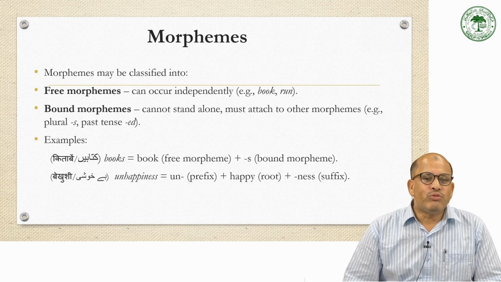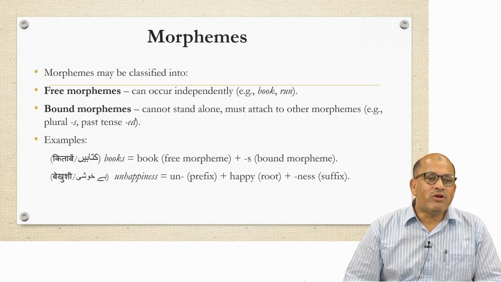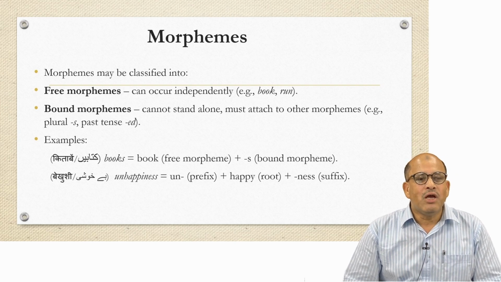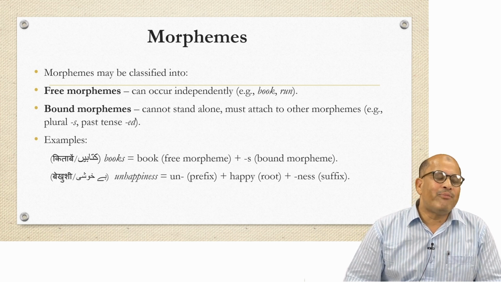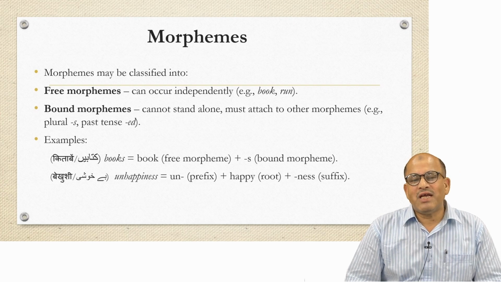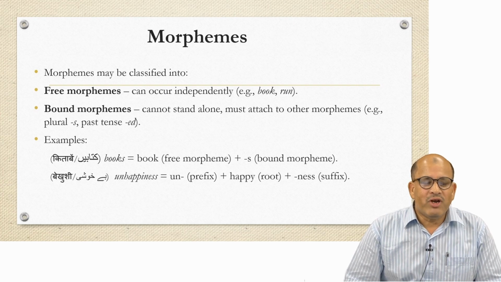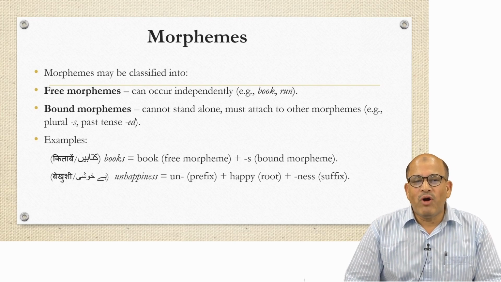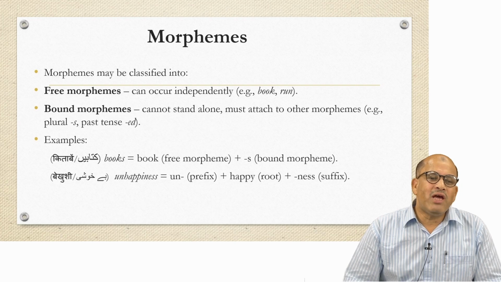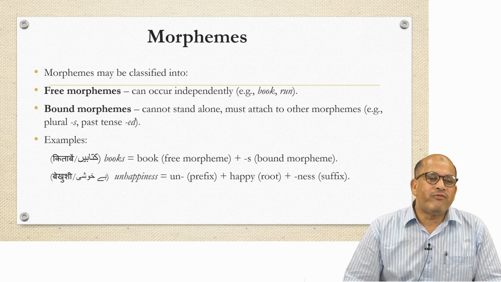So learners, you may be clear by now: free morphemes are those which can occur freely. They do not need any help for their use or occurrence, whereas a bound morpheme, as the term bound suggests, is bound to appear with the help of some other morpheme. It cannot stand alone and must attach to another morpheme to convey meaning. For example, in English we have books. Book is a free morpheme, whereas s is a bound morpheme. Book can be used anywhere without any condition, whereas s can only be used as a bound morpheme